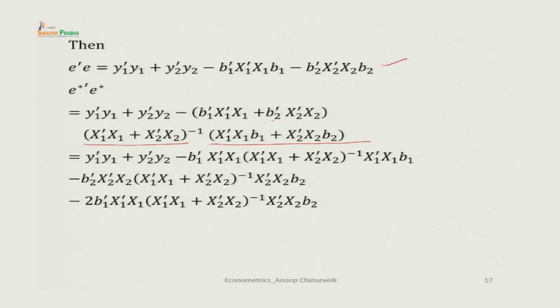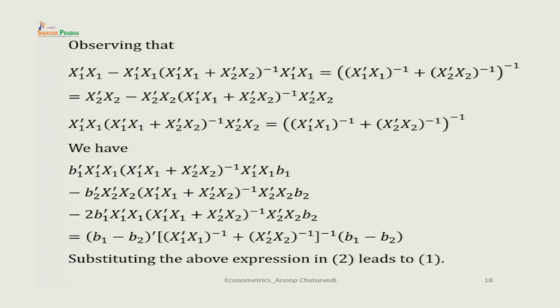Then minus we take b 2 transpose x 2 transpose x 2, then we have this matrix (x 1 transpose x 1 plus x 2 transpose x 2) whole inverse x 2 transpose x 2 b 2, and minus 2 times we get the cross product term b 1 transpose x 1 transpose x 1, then (x 1 transpose x 1 plus x 2 transpose x 2) inverse x 2 transpose x 2 b 2, and then we simplify it. For that purpose, we observe that x 1 transpose x 1 minus x 1 transpose x 1 (x 1 transpose x 1 plus x 2 transpose x 2) inverse x 1 transpose x 1 is equal to, we simply